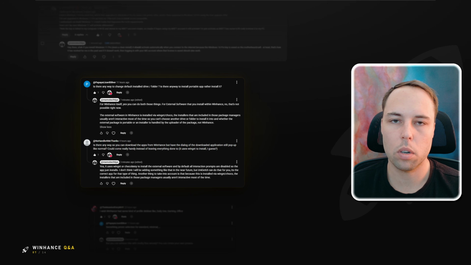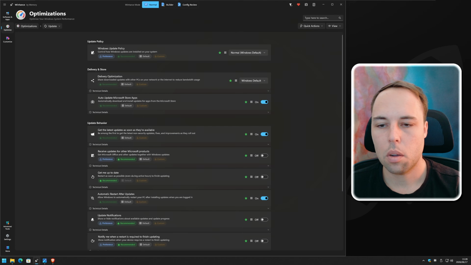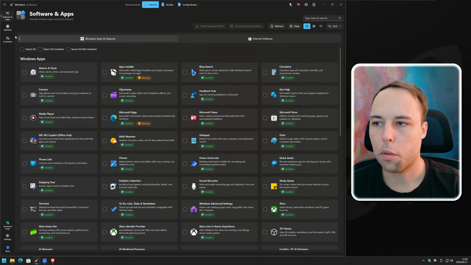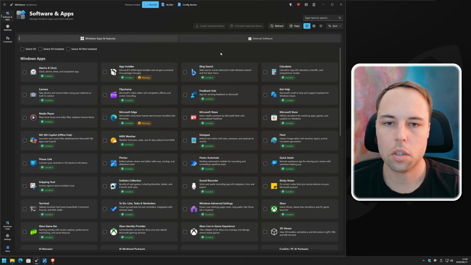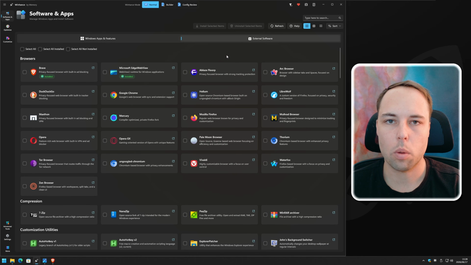So they mean the installer where you click through where it says next, next, next, or that type of thing. It could become really handy instead of leaving everything done to use Winget to install it. And that's why I've tied this together in a single response. Because firstly, what Winhance does when you install software, whether it's in the Windows apps and features or the external software, it primarily uses Winget, the Winget package manager, to download and install those packages. It does have Chocolatey as a fallback as well, but it primarily uses Winget, and the interactivity prompts are disabled.